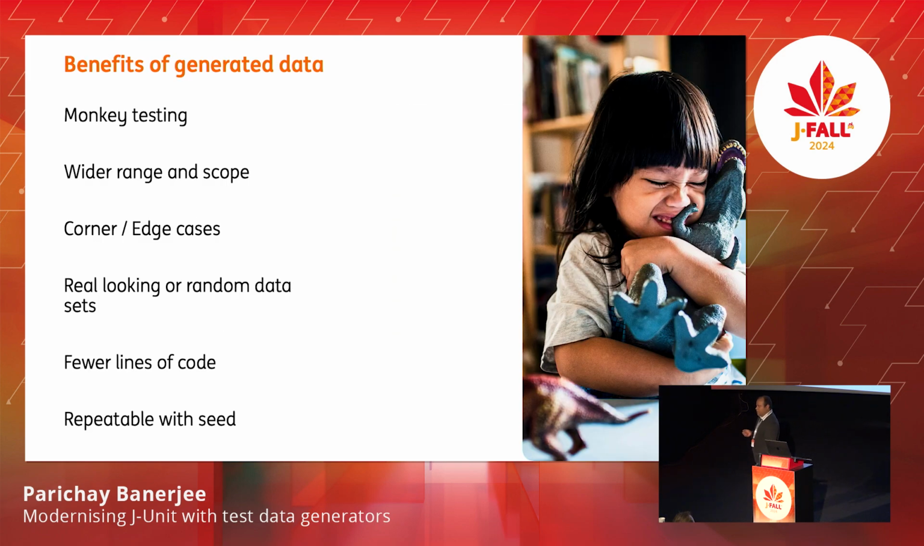And the benefits could be that when you remove the staticness, you add randomness, you add more range and scope, something which is called monkey testing. You add randomness. So that solves the pesticide paradox that I talked about. When you add corner cases, edge cases,